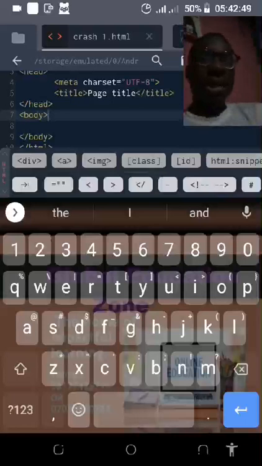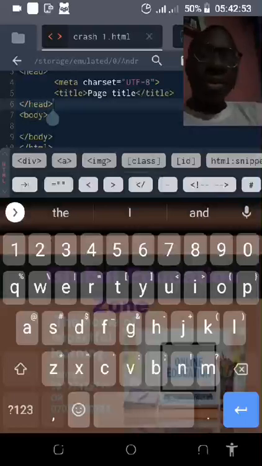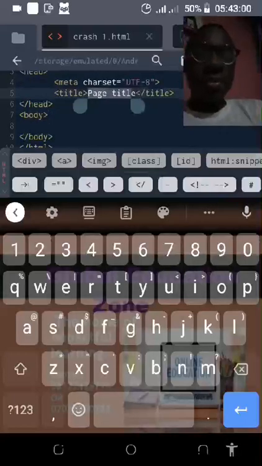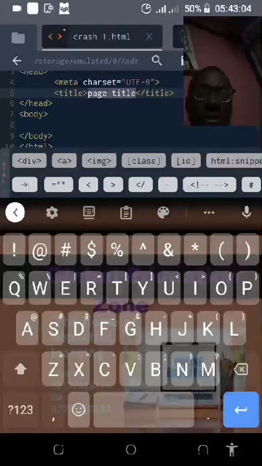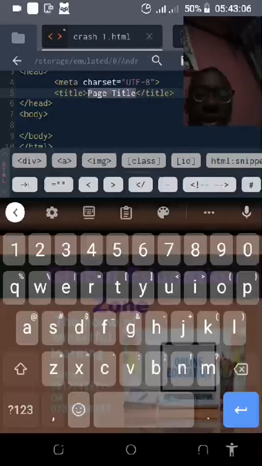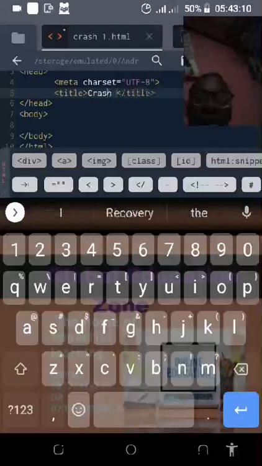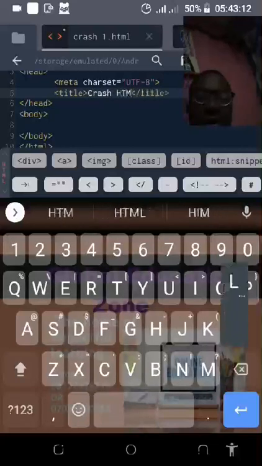That's the encoding. We also have the title as page title. You can decide to change what is between that. So I can change the title to something like, what's the name of this course? This is Crash HTML